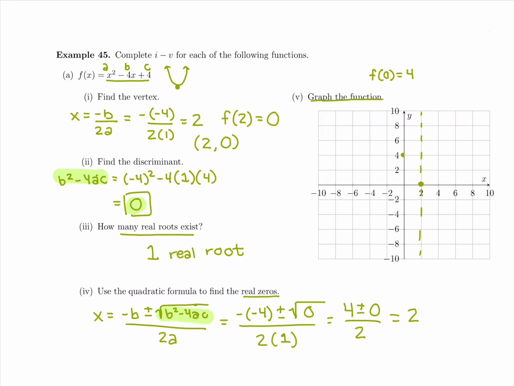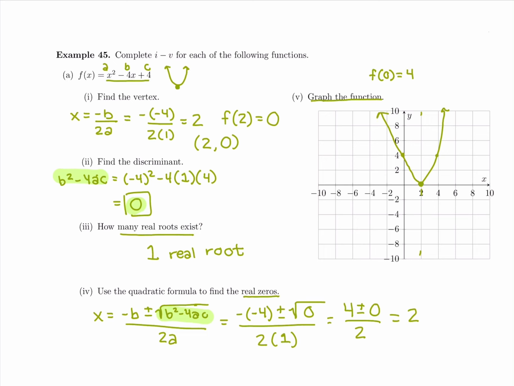We don't have to draw these dots in. But I know that if it's going to be 1 over to the left and up at 4, it's going to be 1 over to the right at 4. 2 over to the right. We just want to make it look symmetric on that vertex. You could always plug in more points and see what the exact y values are. But here's our general sketch of this parabola. Something like this